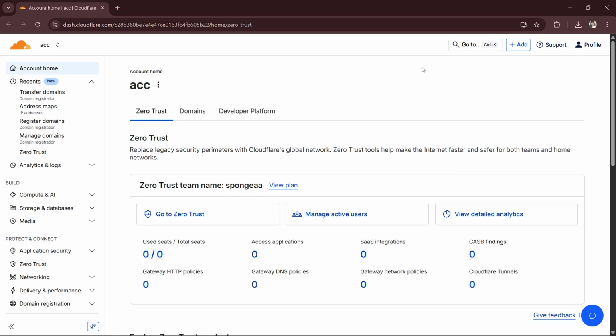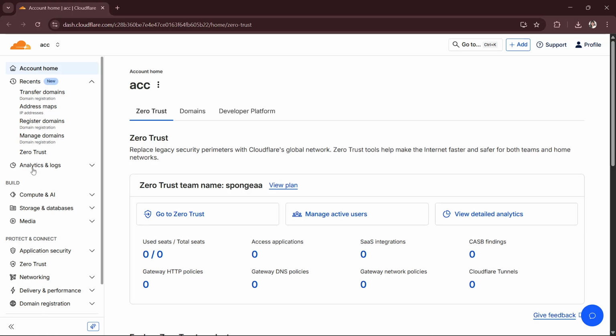Hi there, in this video, I'll give you a quick guide on how you can set up email with Cloudflare. So please listen carefully to each step that I will be explaining because I will describe everything clearly so you can follow along. So the first thing that you will have to do is log into your Cloudflare, and then